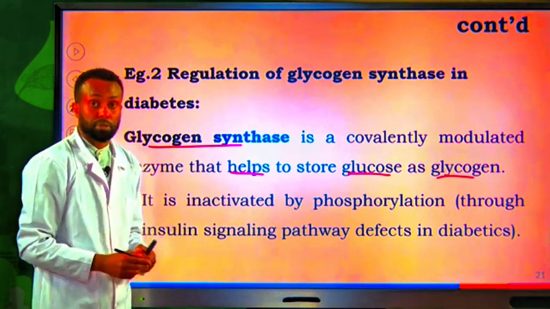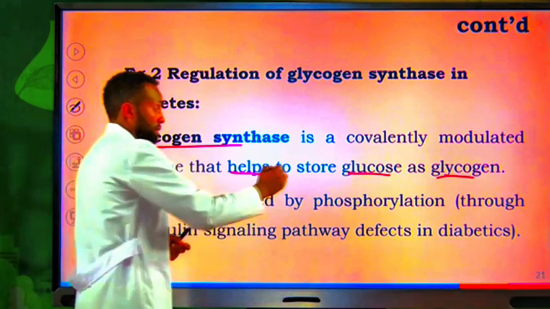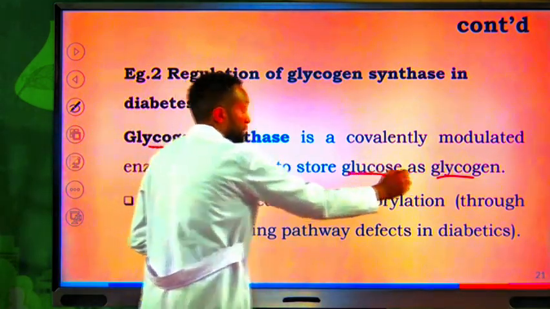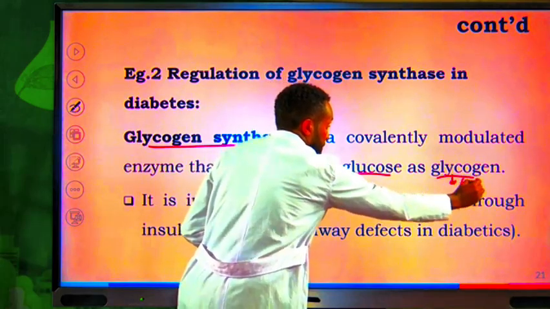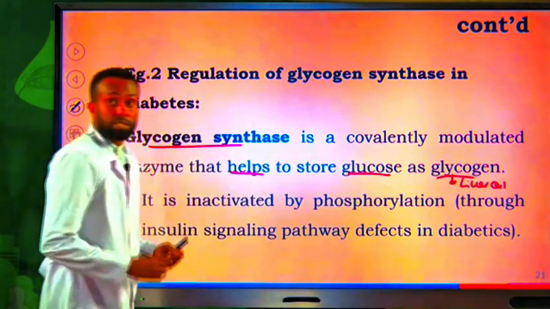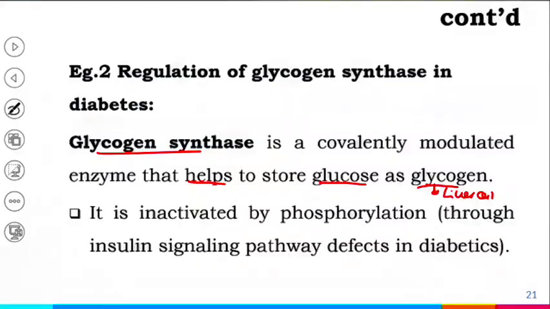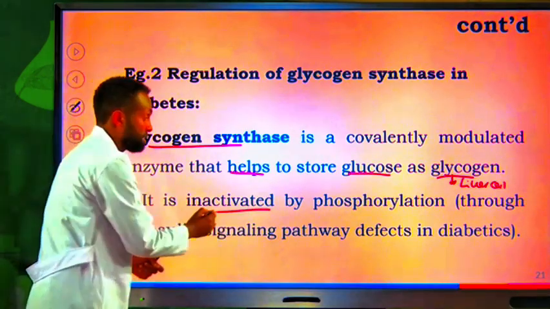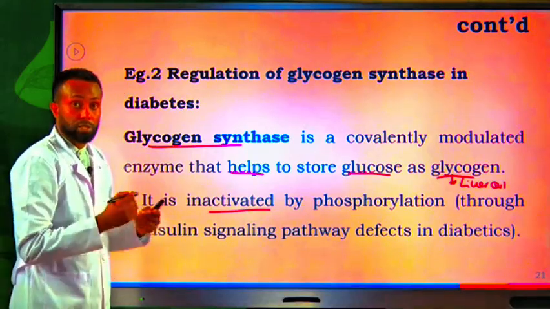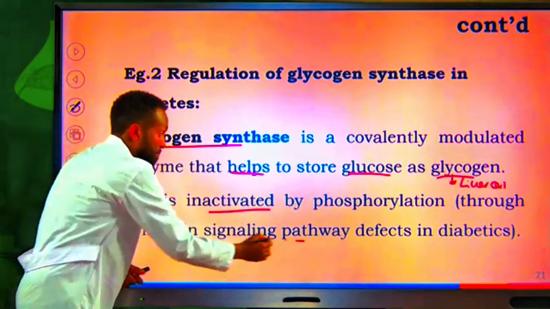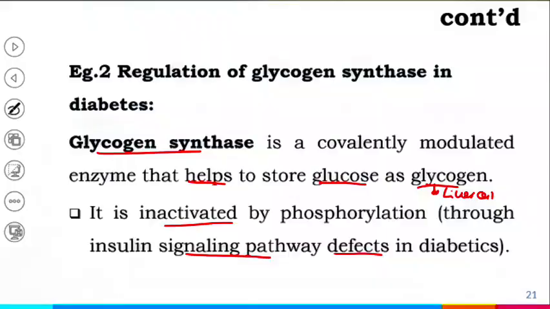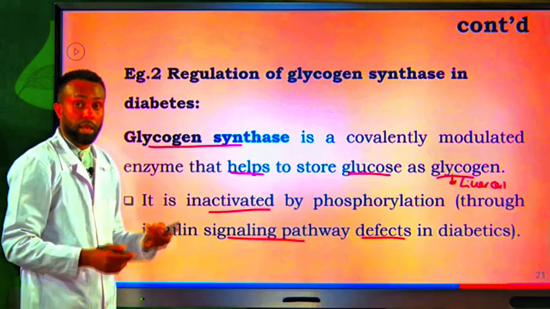Students, as you have learned in the previous lessons, glucose in the human body is converted into glycogen and stored in the liver cell. This covalently modulated enzyme, which we call glycogen synthase, helps to store glucose as glycogen in the liver cell. If a person becomes diabetic, this enzyme is inactivated by a phosphorylation process, through which the insulin signaling pathway becomes defective, which means no longer production of what? No longer production of glycogen synthase. As a result, a person develops a disease known as